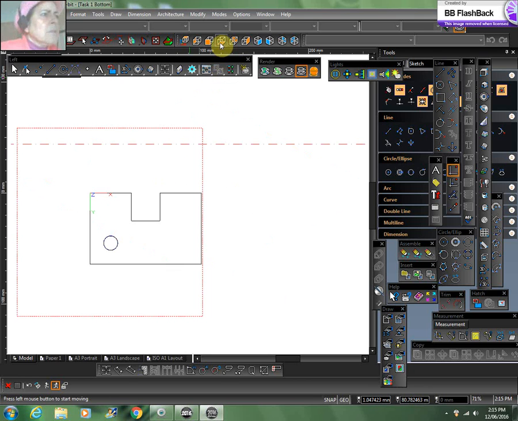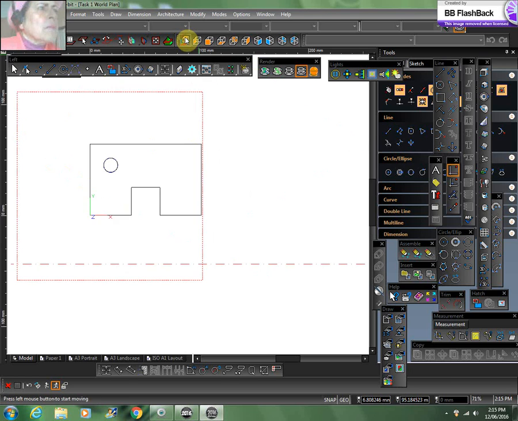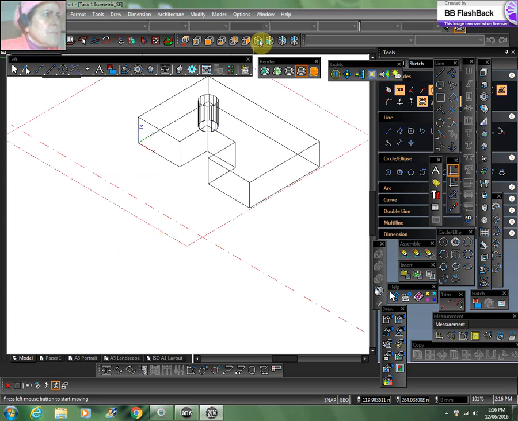If we go here and now do this, the work plane is at the bottom. We put it on the top work plane and see what happens if we do this: still at the bottom. So if we go here on the top